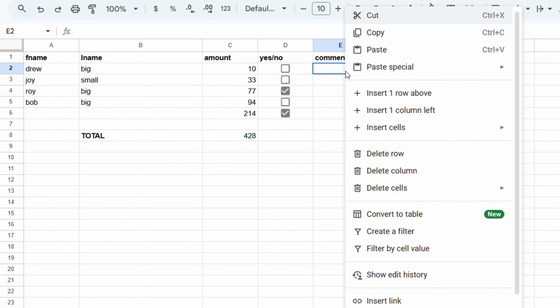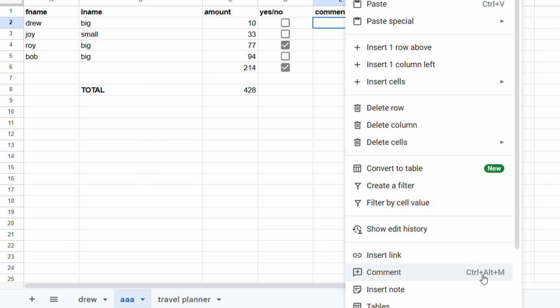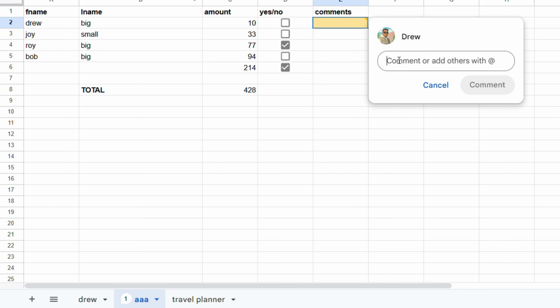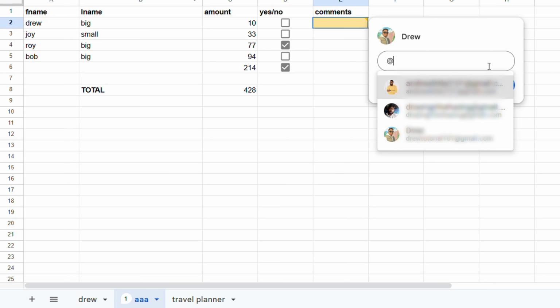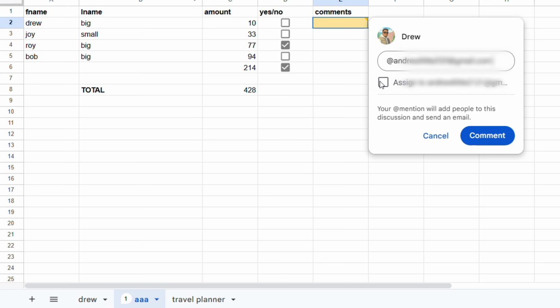this cell. Just right click on that cell here, or use Control Alt M to have that comment box appear. And here you will see that you have the option to add someone or mention someone. So you just want to use the at sign and find where you want to mention them. I'm going to select an email address here, and you can see as well that you can assign to a specific person as well. It's really up to you if you want to do that, but just go ahead and